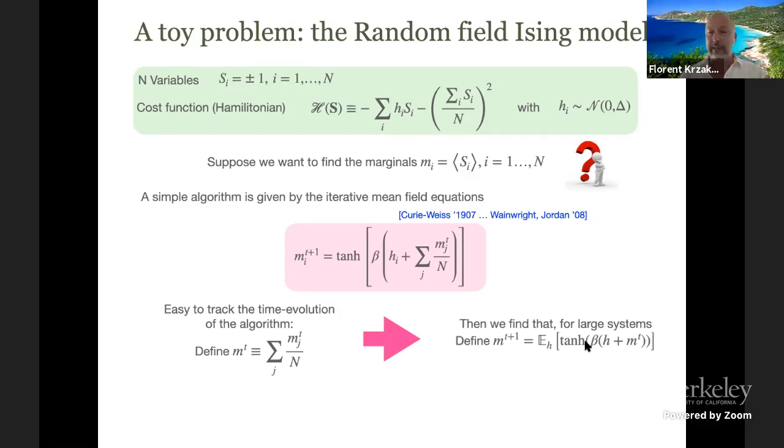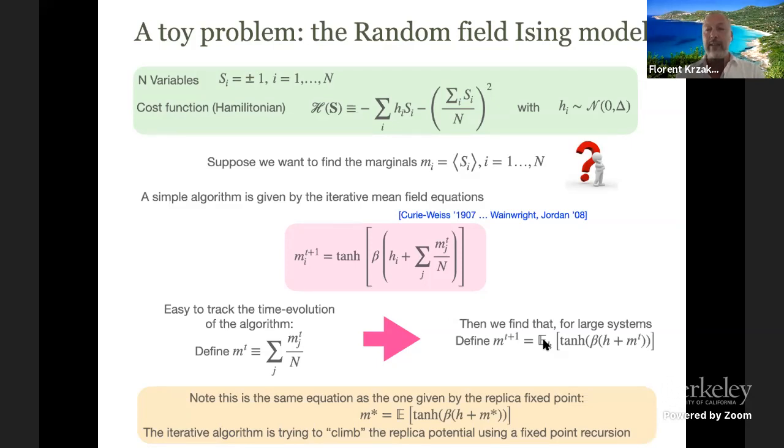All right. So why is this interesting? Because this scalar equation here is exactly the same that was giving you the maximum of the replica fixed point. And this correspondence between trying to follow what iterative algorithms are doing in this problem in large dimension, and saying that they are really moving on this replica potential and trying to find the maximum, is something we find all the time. And that is actually at the root of our interpretation of computational hardness in this community.